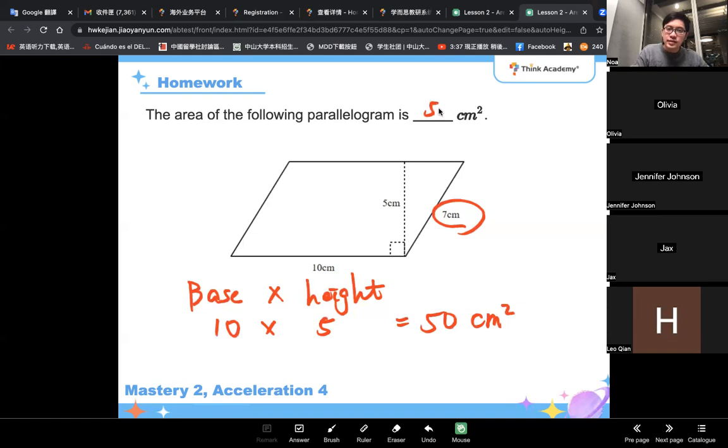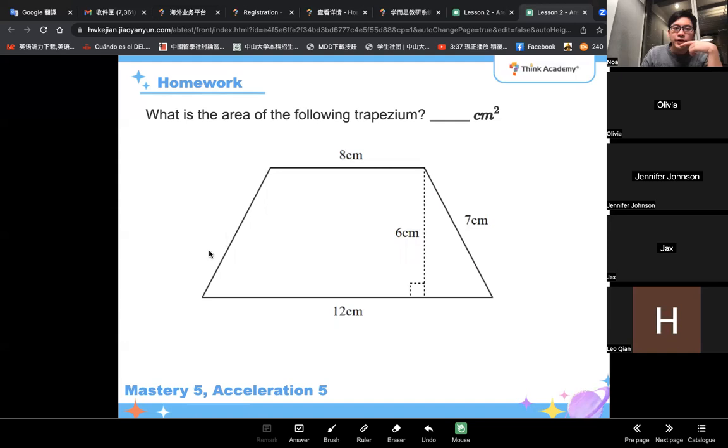Okay, so remember, always try to find the height. The height is the perpendicular distance between the base and the opposite side. Now we know the area formula of a trapezium is the sum of